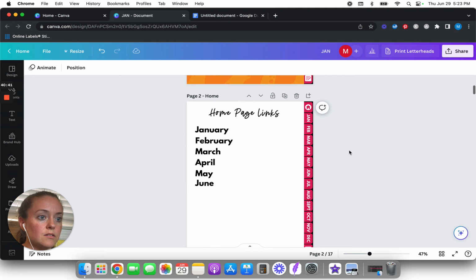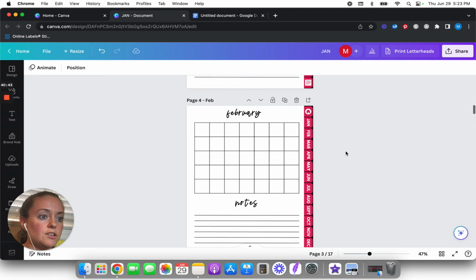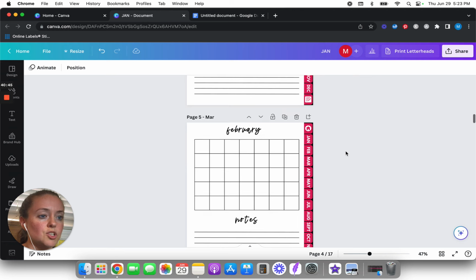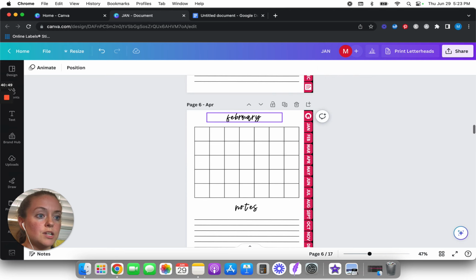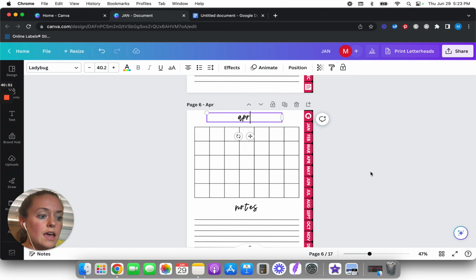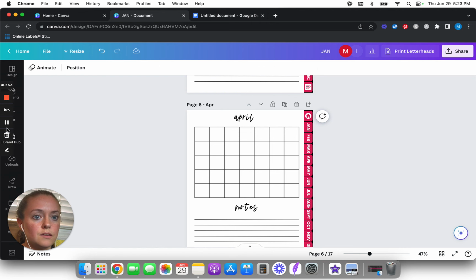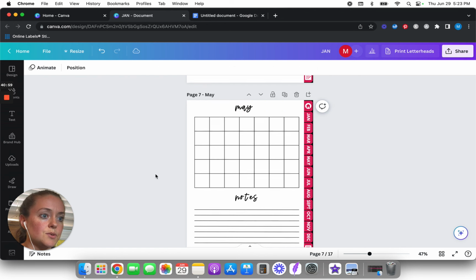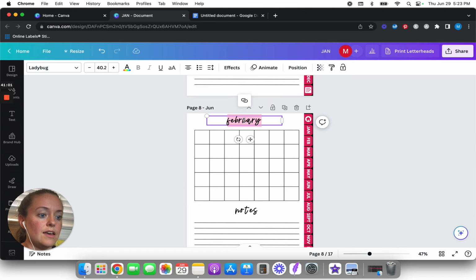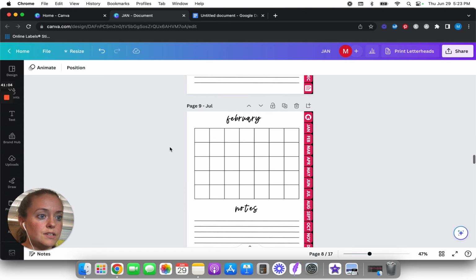And now I'm going to change all the months right here and make sure they line up. So this is where we stopped. So this is going to be March. This is going to be April. Okay. One day I will get this together. So May, and then June, and then